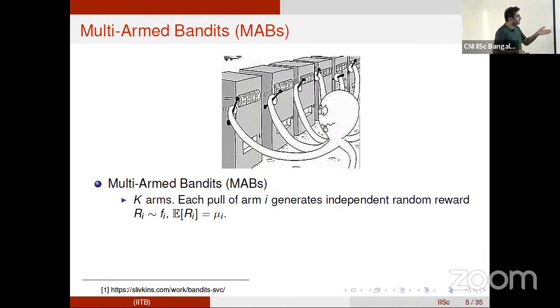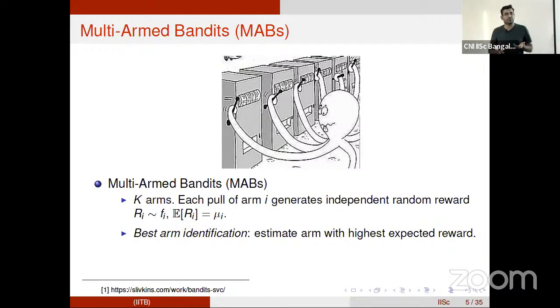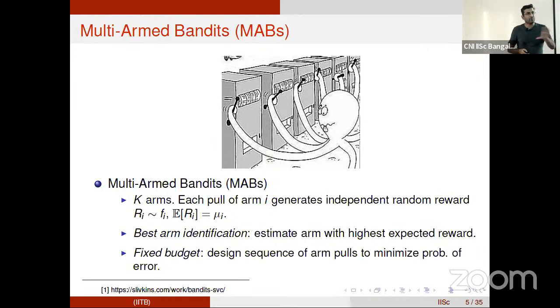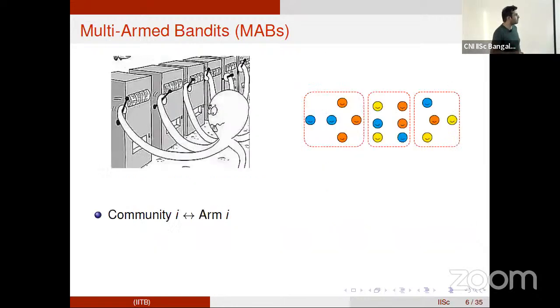In this context, there is also the best arm identification problem, or the pure exploration problem, where you decide which arms to pull at what time and how many times to pull each arm, and finally your goal is to identify the arm which has the highest expected reward. The setting that might be most relevant to us, where the budget is fixed, is called the fixed budget setting, and there you have to design the sequence of arm pulls and a decision rule at the end to identify the arm which has the highest expected reward. So clearly, you can make the analogy with the type of problem we have.